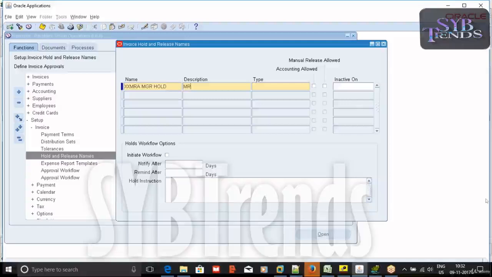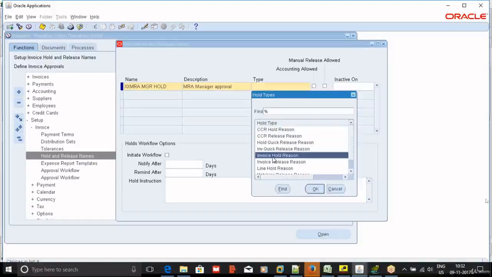And the description is MRA manager approval. For the type, you can use any of the types which are there in the LOV. I'm using invoice hold release. So invoice